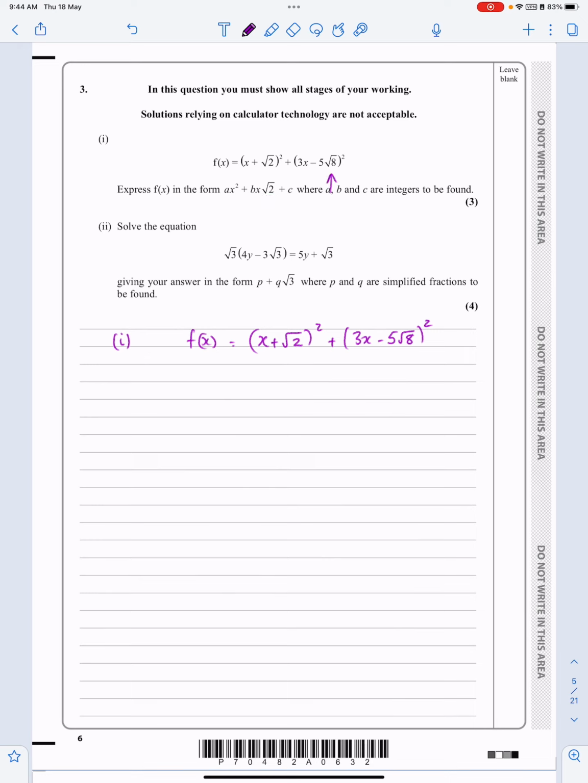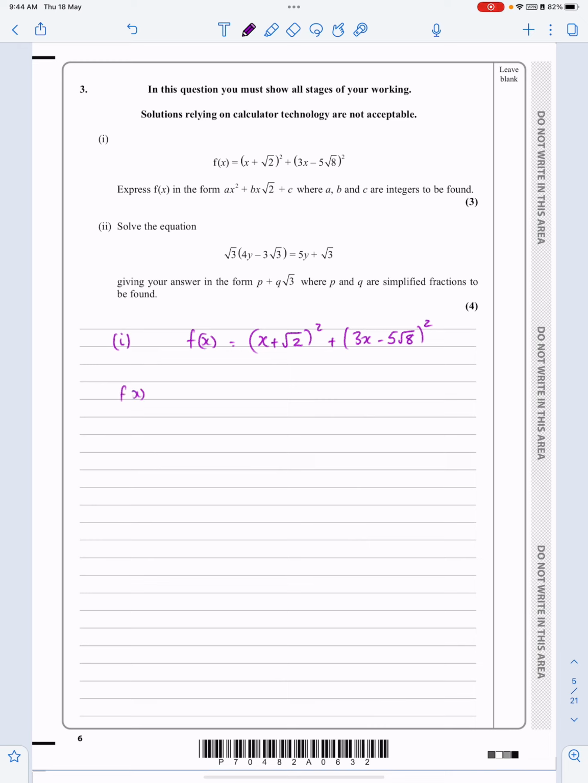Root 8, if you do that on your calculator, it comes out to be 2 root 2. So you could change that and make it 10 root 2 and then work with that. Doesn't actually make any difference. I'm going to stick with my root 8 here and then change it a little bit later on. But either way,